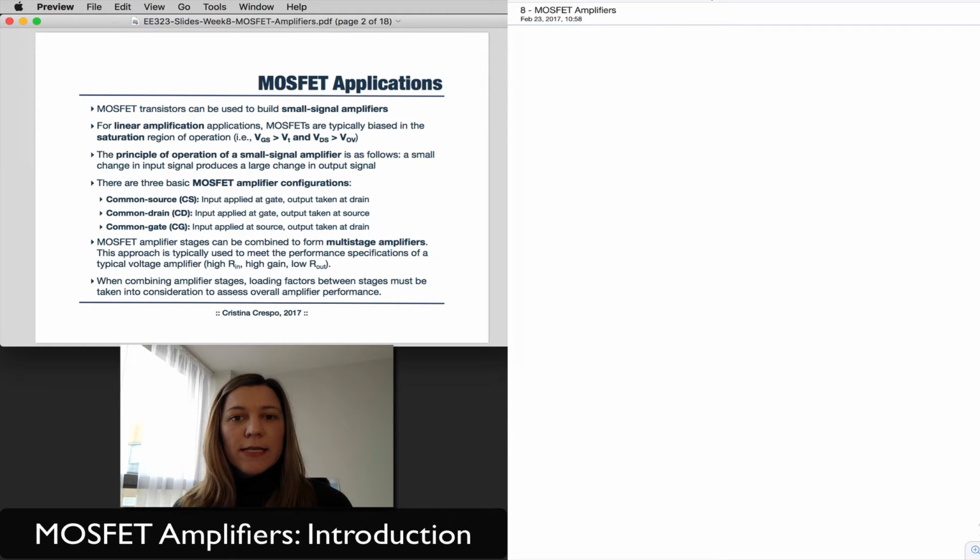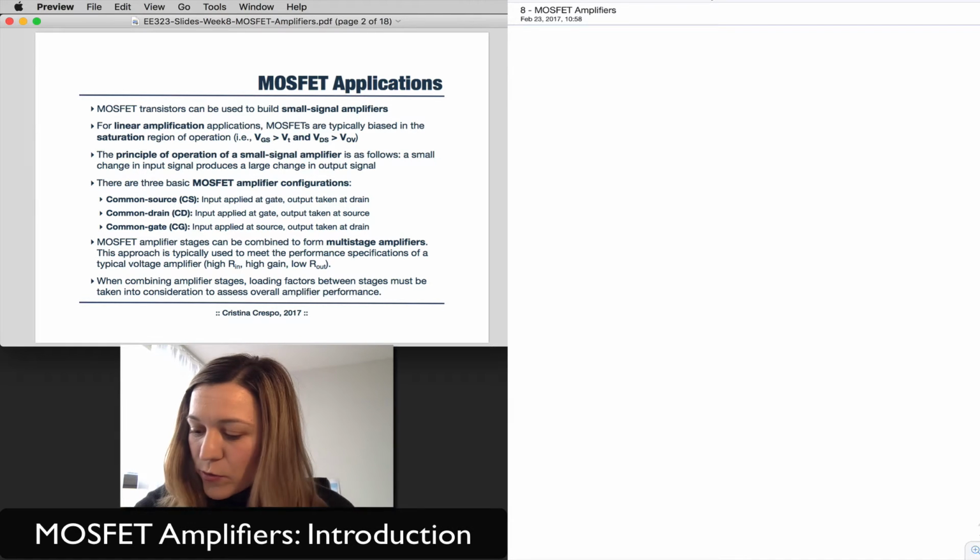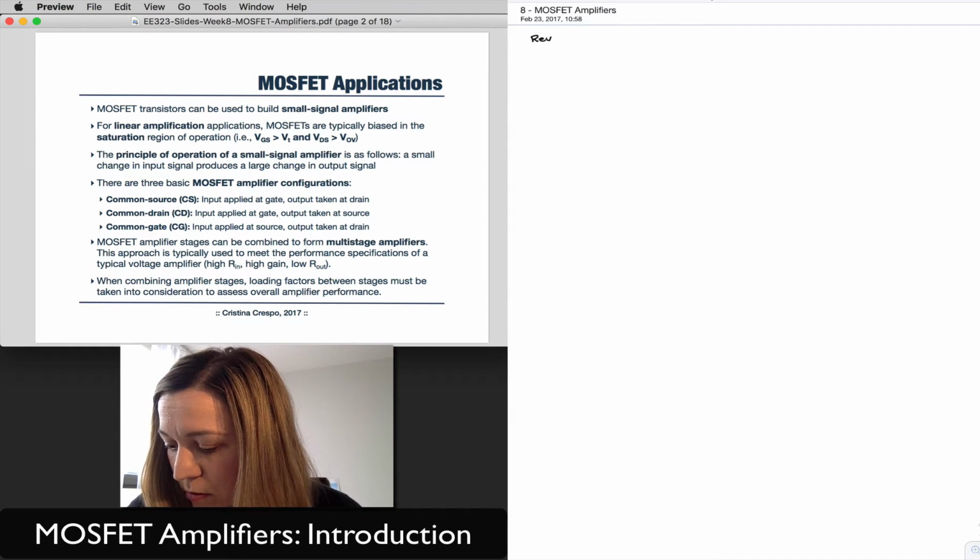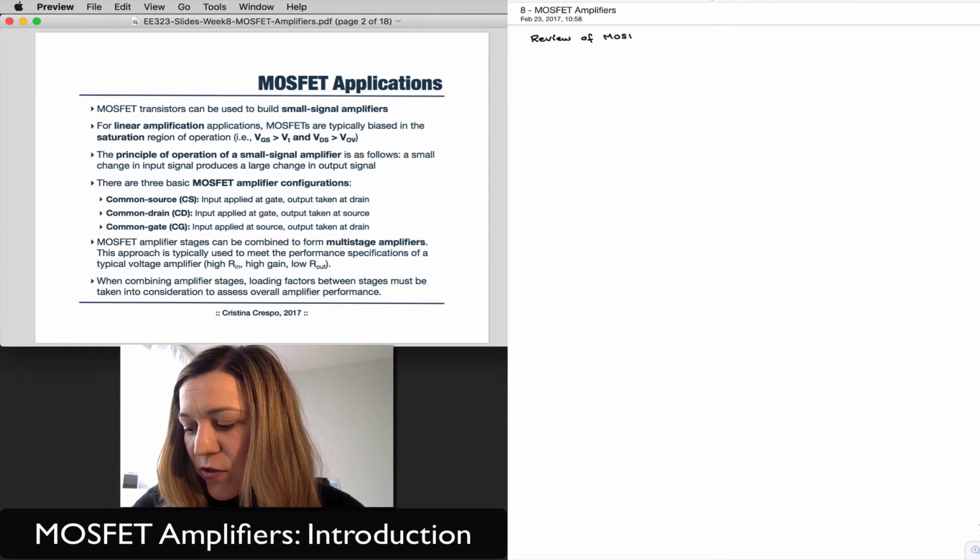digital memory circuits, etc. Now, for linear amplification, meaning to build a small signal amplifier, we are typically going to bias the MOSFET in the saturation region of operation. And just as a quick review, we have seen that there were three regions of operation for a MOSFET transistor. If we do a quick review of MOSFET operation,